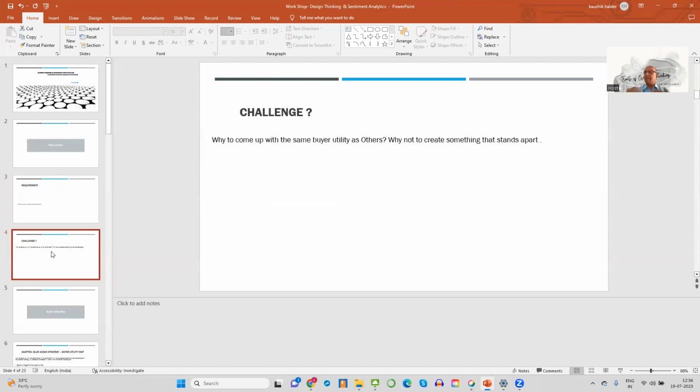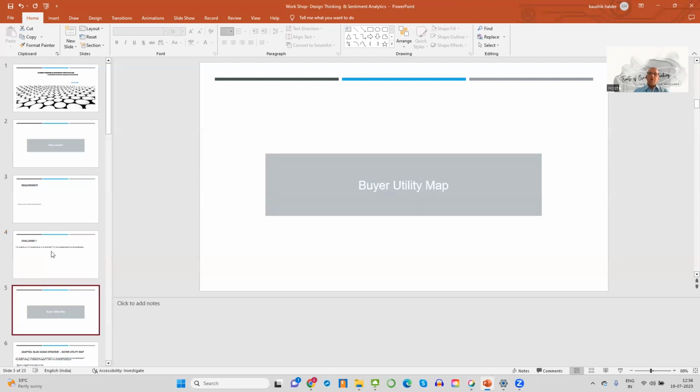The challenge is, why do we require our own model? Why can we not use something which is already there in the market? A few products in the market are quite mature, and the leaders are using them and getting good results out of them. So why can we not use the same product or procure the same tools or software from the market? To answer that question, we have used the buyer utility map,